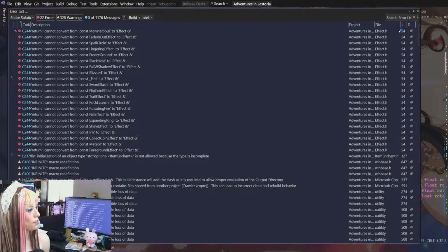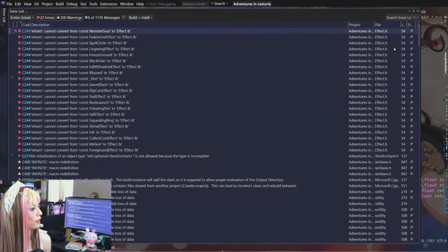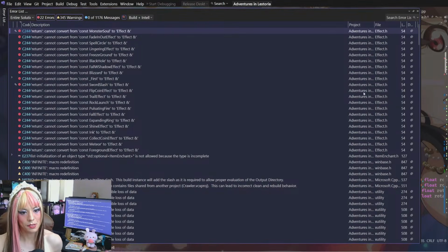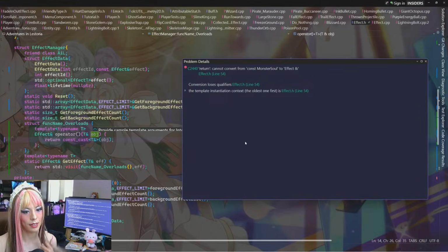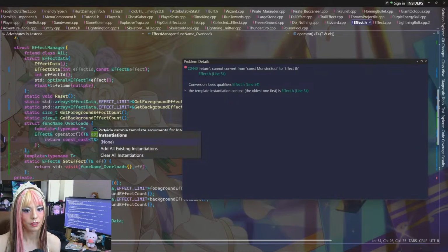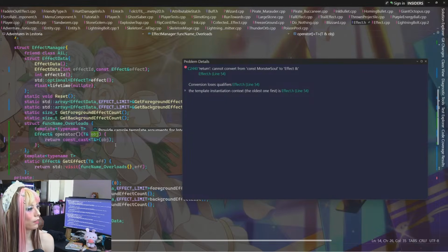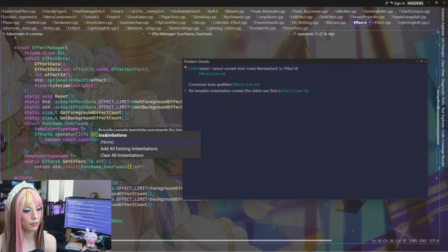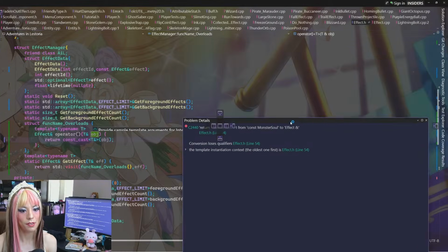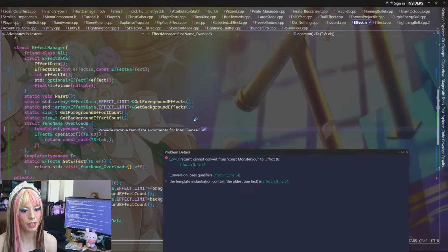Yeah, it's like these aren't... It's not about the constness, I mean, it says conversion loses qualifiers, but let's test what this would look like if we actually followed this, right?